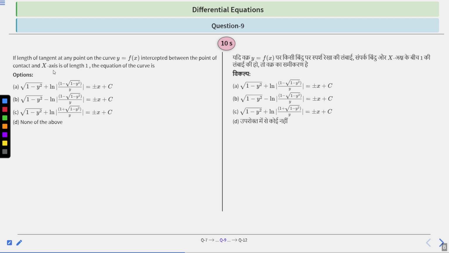So we will try to write the equation, and we know the equation of length of tangent to a curve, right? And we will put it equal to 1, and we will try to simplify that. Clear? And after integrating, we will get the equation of the solution of the required differential equation. Okay. So in this way, you can try to approach this question. You have 10 seconds to solve or think about this question. After 10 seconds, we will discuss the solution.